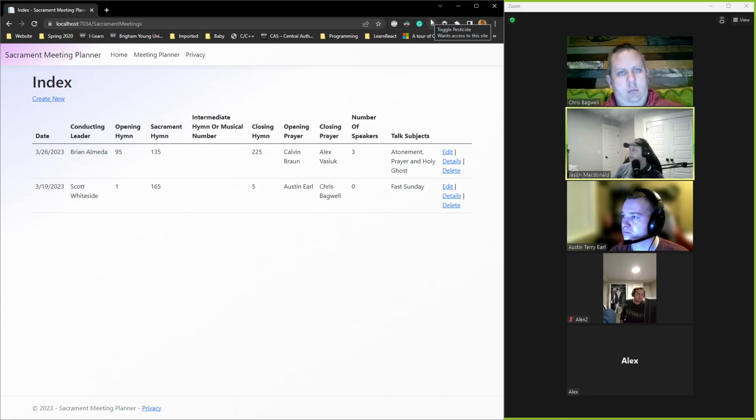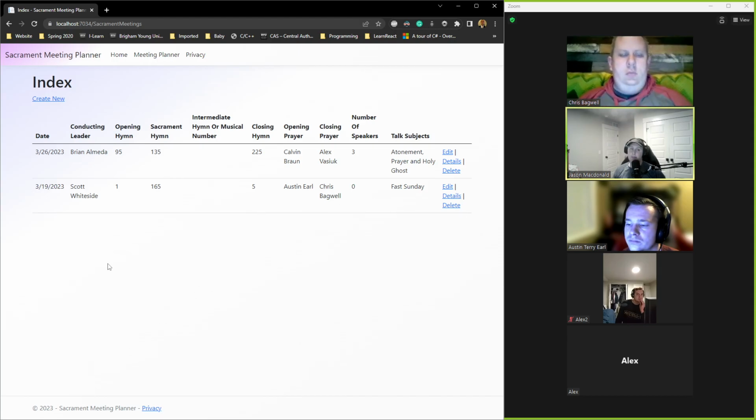Perfect. So as you can see, we do have some data that's been added to the project already. Mainly, this is just data that's been seeded through our original build. It's based on a model that allows us to have the date, who's conducting the meeting, our hymn numbers. So opening hymn, sacrament hymn. You have the option of putting in an intermediate hymn or that there's a musical number. And then we ask for a closing hymn, who's given the opening prayer, closing prayer, and then how many speakers